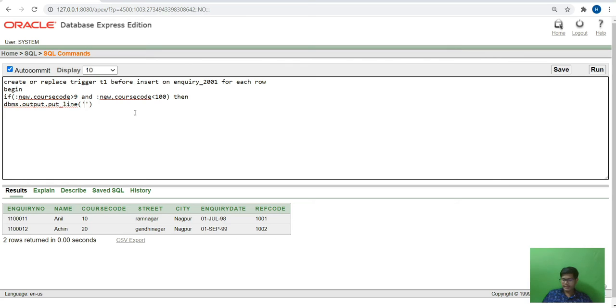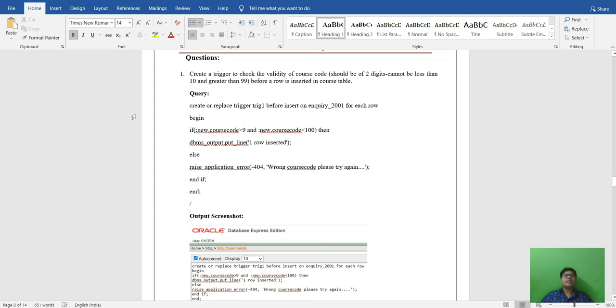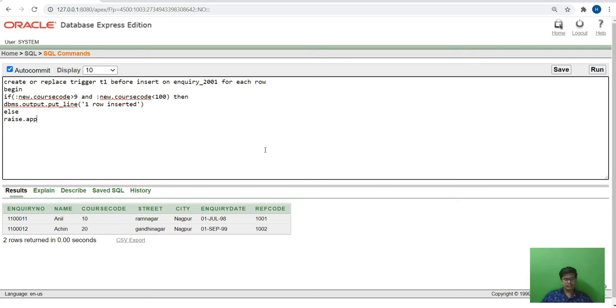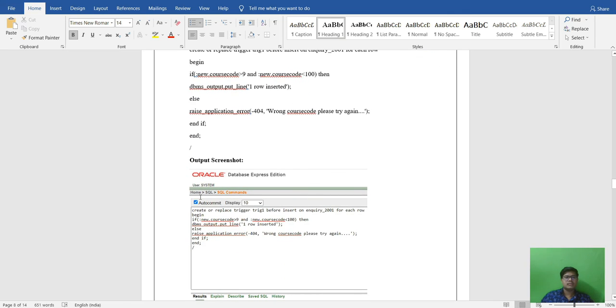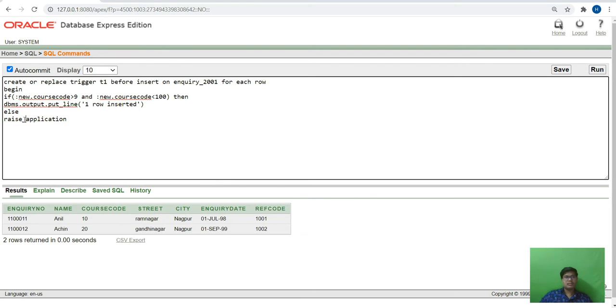If the number is correct, it will show one row inserted, else it will raise application error that it is a wrong course code.